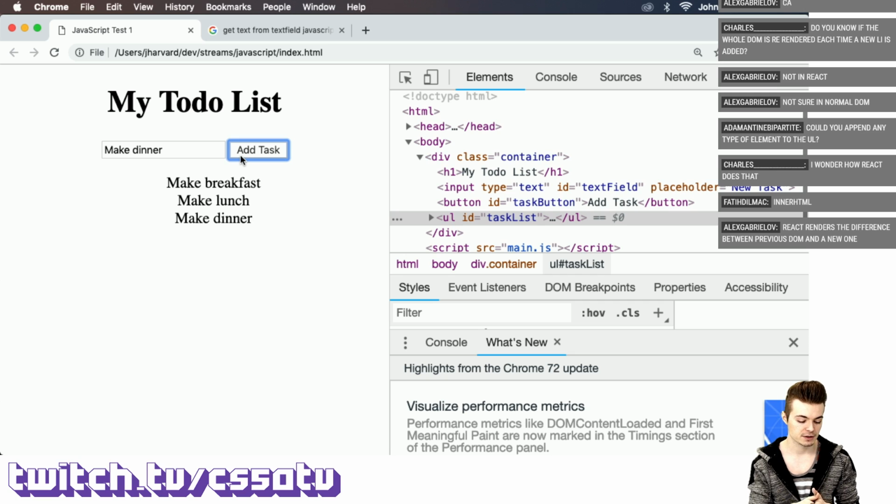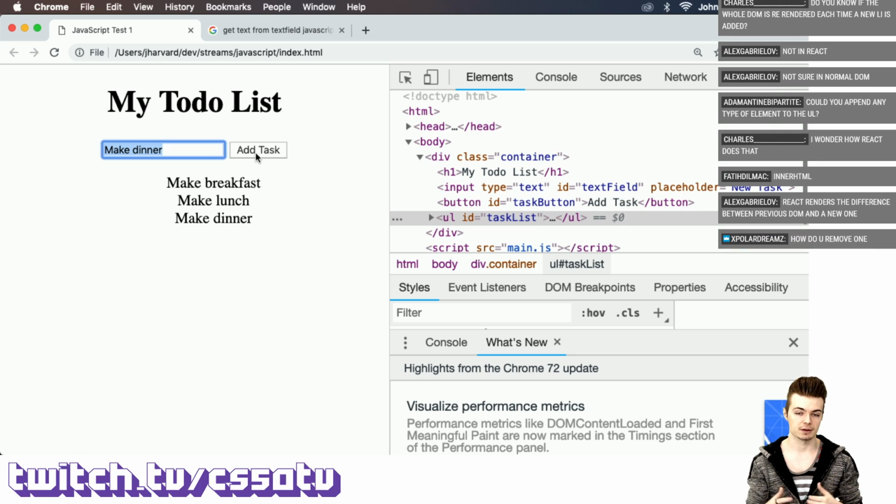We've added the ability to take input from a text field, assign a button some functionality, and have that button update another element, a separate element, in this case, our unordered list. How do you remove one, says Explorer James? So funny you should ask that. That's actually going to be part of the next set of things we're going to implement here in just a